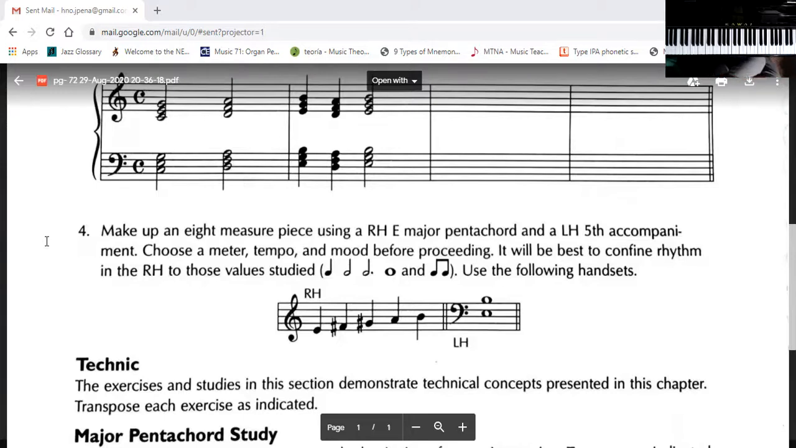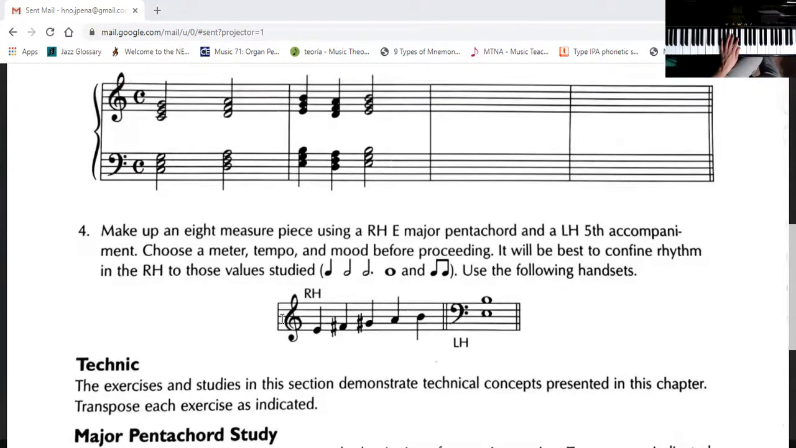So really try your best to come up with something that's exciting, something that's interesting. You may make some mistakes, but just try your best. Alrighty, so let's come up with something, create 8 bars of music here,